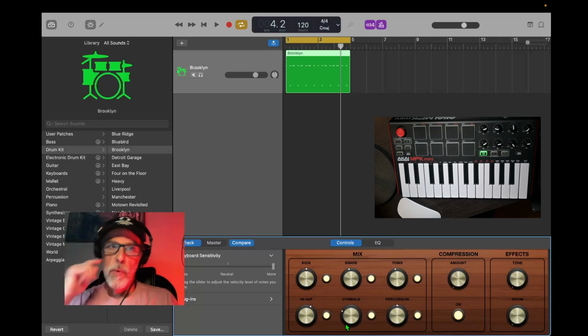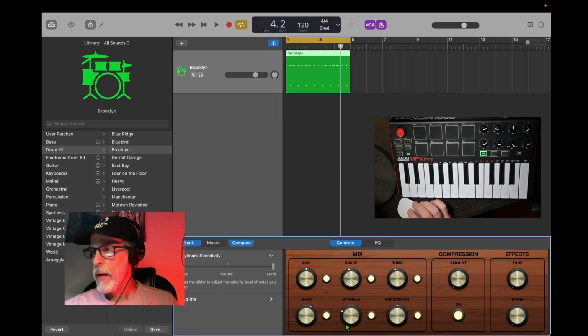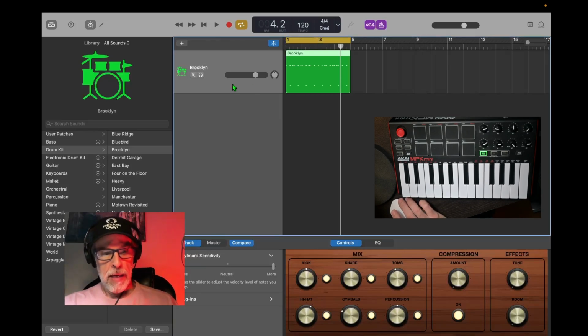So the next thing we want to do is create a track for our kick, our right foot, and our snare drum, typically played with the left hand. We've already got our right hand and our left foot taken care of up here on the cymbals, and now we're going to do kick and snare, which a drummer would play with his right foot and his left hand. So Command D